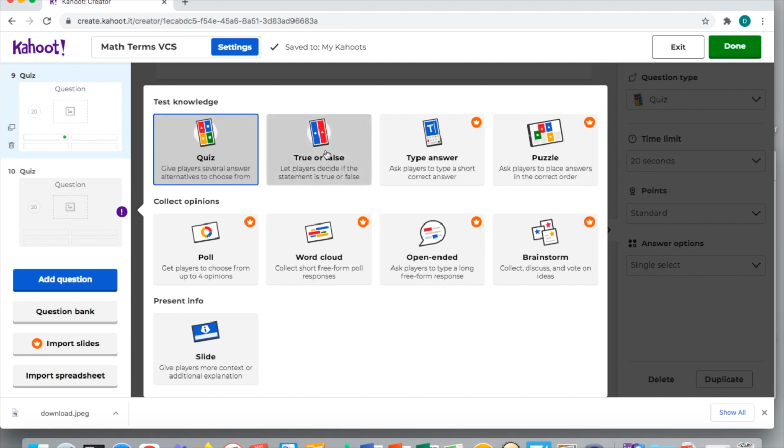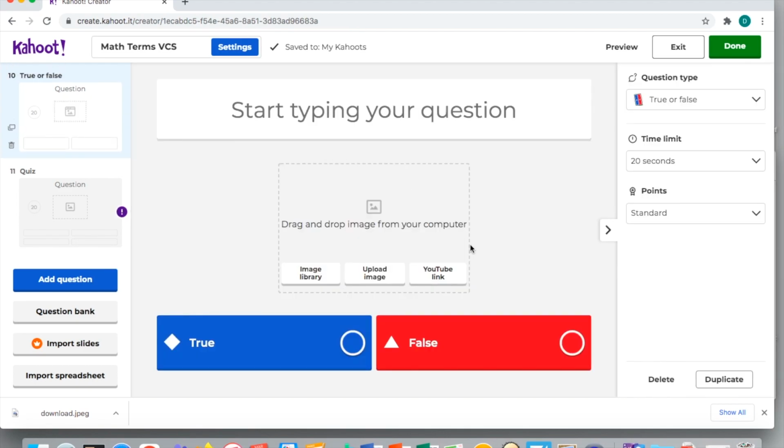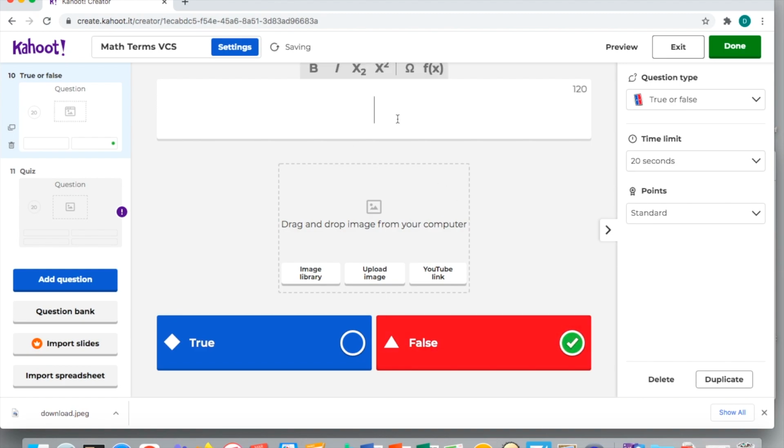And again, your other option, if you know that your students know true false, it just pops up right for you. You can click right on it, type in your question, add an image to support it, and there you go. So I hope that you have fun using Kahoot, and I hope your students can use it and have